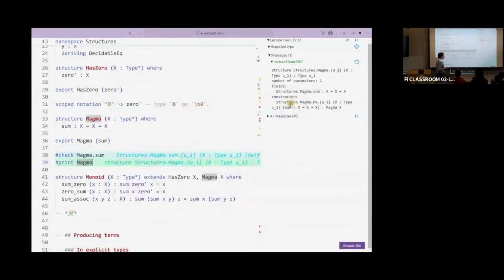This constructor is very important. It tells you how to produce terms in magma. And once more, let's have a look at the typing of the constructor. It tells you that each time you have a type x, and each time you give yourself a binary function on x, you have actually produced a magma structure on this x.